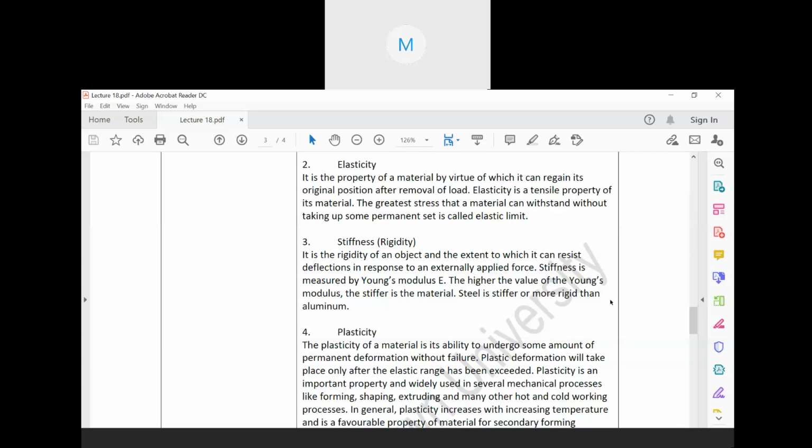Suppose a material is tried to be moved or deflected, then what will happen? It sometimes gets deflected, sometimes not. Now it is dependent upon the